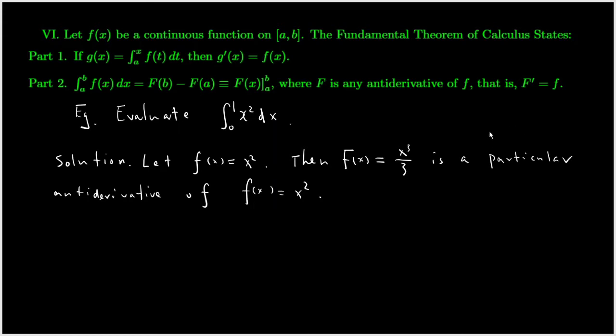Now we are ready to use the formula. So the definite integral of the function x squared from 0 to 1 is equal to, you look at the formula, the value of the antiderivative uppercase F at the upper limit of b, in this particular case the upper limit of 1, minus the value of the antiderivative at the lower limit of a, in this particular case at the lower limit of 0. So the definite integral is equal to the value of the antiderivative at the upper limit of 1 minus the value of the antiderivative at the lower limit of 0